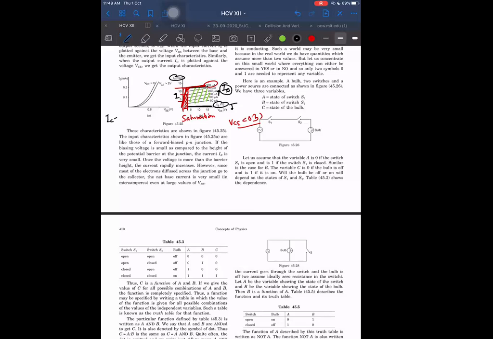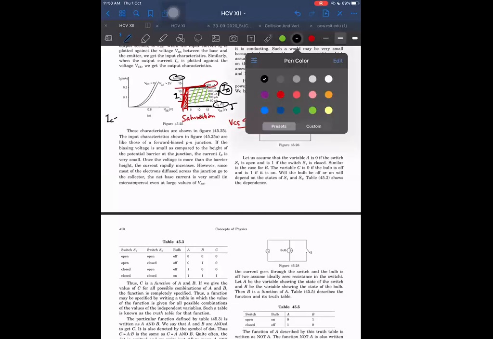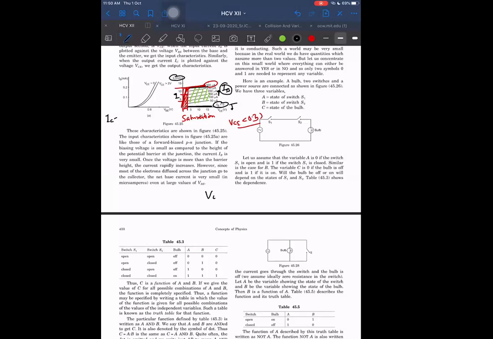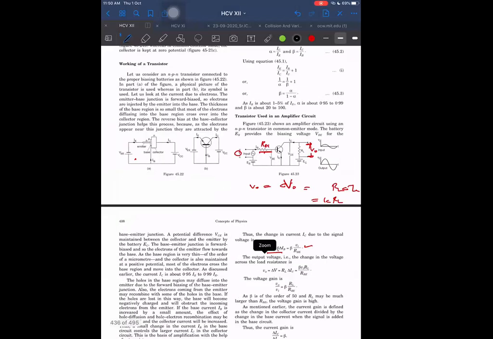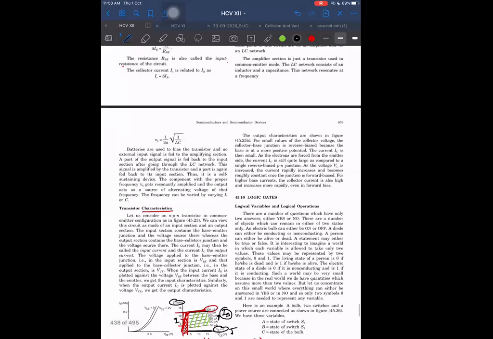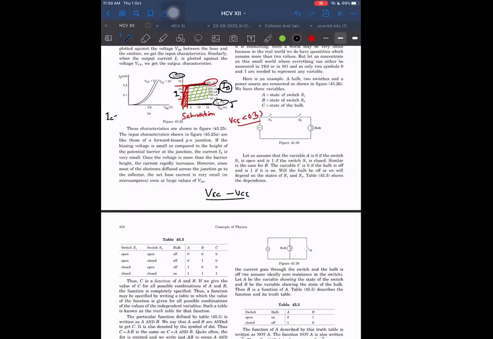VCE by R, not right. VCC, I don't know what he is representing, but I told yesterday, he is also representing VCC. For him also same thing. VCC minus VCE divided by R is equal to IC. And here VCE nearly becomes 0. I told you in saturation mode it becomes nearly 0. So IC in saturation mode becomes nearly equal to VCC by